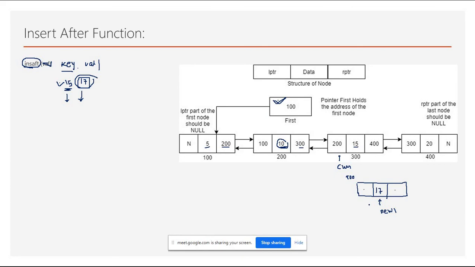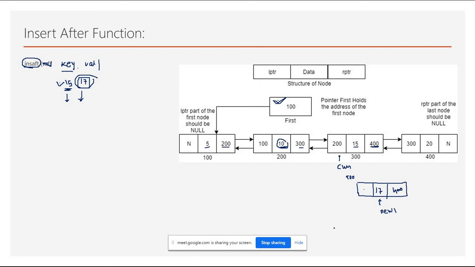So here first thing what you need to do is, after this node, after 15, you do not have to go to 400, but you have to come to 900. So here first this 400, you have to put it here, in the RPTR of the new one, right?